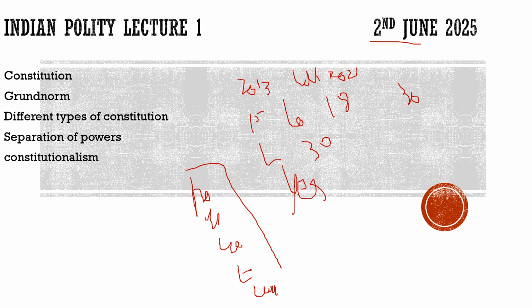Now you can ask me another question: sir, isn't it difficult for a student? If we start covering only one subject, it will take the whole year, and still we won't be comfortable telling that we have covered it fully. That is also true. So what is the solution? For reading your polity, you have to go through your syllabus. It is very much important.